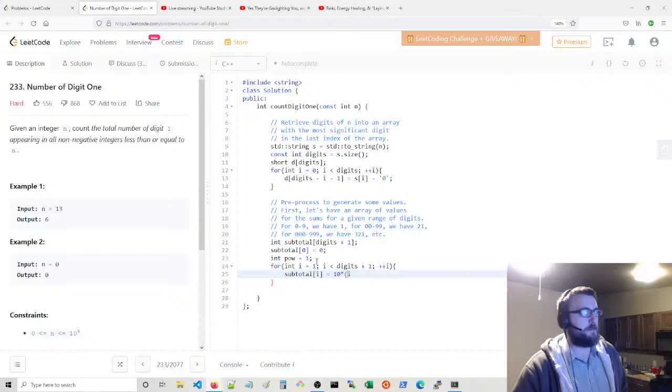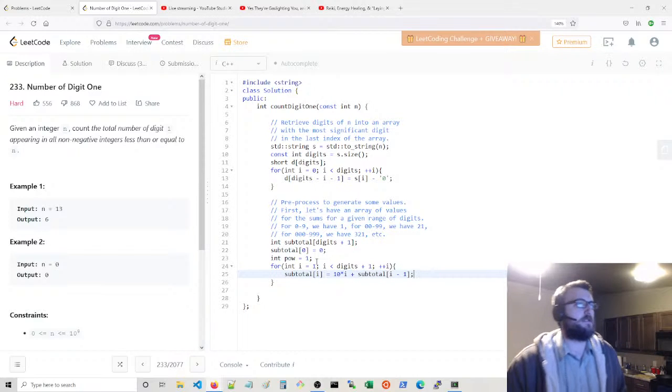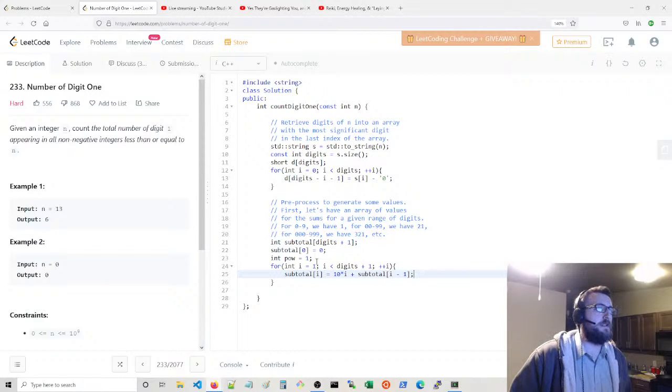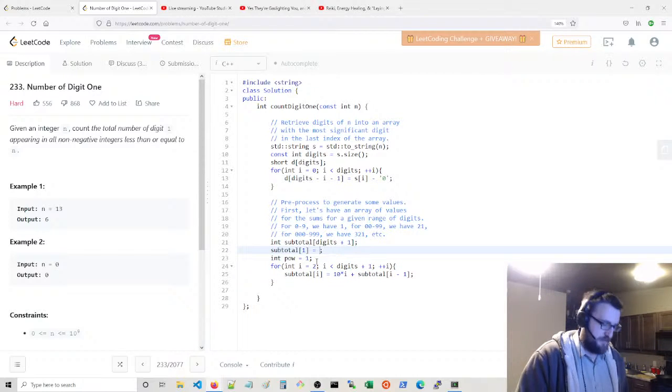Oh, no. Yeah, I plus 1, but when we're looking at 2, it's just I, 20, plus the previous subtotal, I minus 1. So when I is 2, it's 20 plus 1. And really this is just start off at 2, I think. Yeah, this is a little bit easier to do it this way. And it's not 10, no, I'm sorry. It's fine to do it this way. It's not 10, but it's